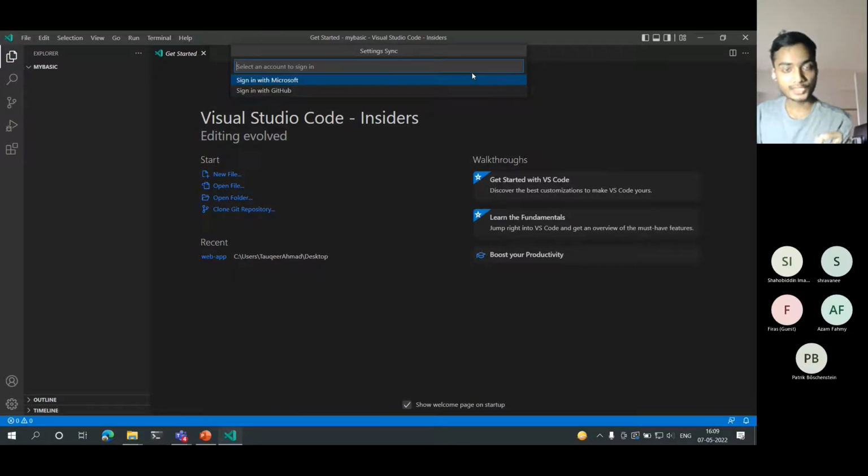Just see how I'm doing it. There are two options available for you: sign in with Microsoft or sign in with GitHub. That's a very basic one. I shall be using GitHub because we have to push our code over GitHub. This makes it easier for the code to directly search a repo, create a repo, and manage the version for itself. Don't worry about it.